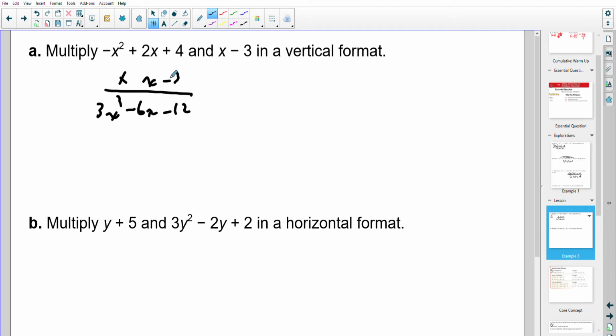But on the second one, the x, what you're going to want to do is line them up again with the like terms. Positive 4x, this is going to be 2x squared and a negative x cubed. Now you just add them down. So it's going to be